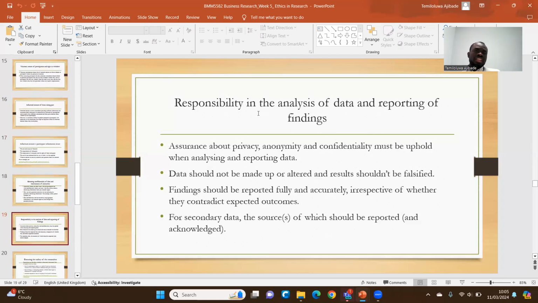Now the ethical issue here is that, for instance, where you are a student collecting data for a research over a number of years and you don't get it for a particular year. Say you are collecting data from 2012 to 2023, and you can't find the data for 2023. Say you are collecting data on the homeless in Birmingham. And now, because you were not able to get data for 2023, now you decided to use